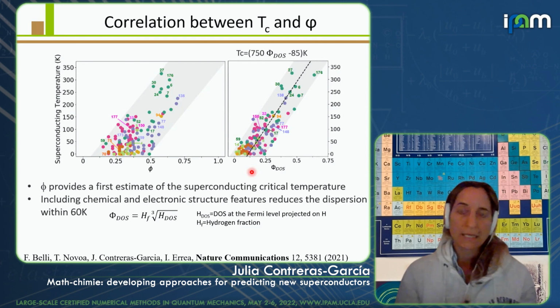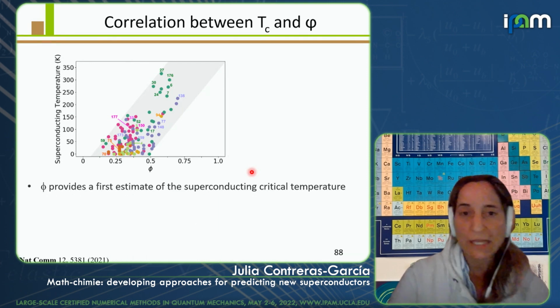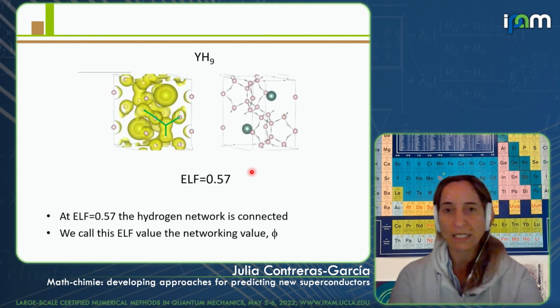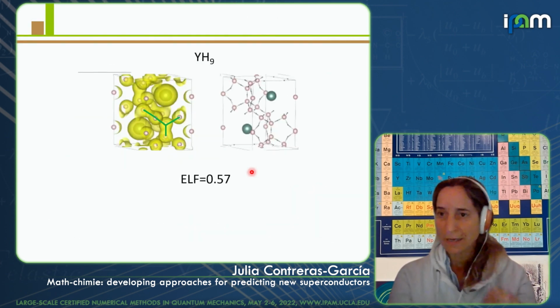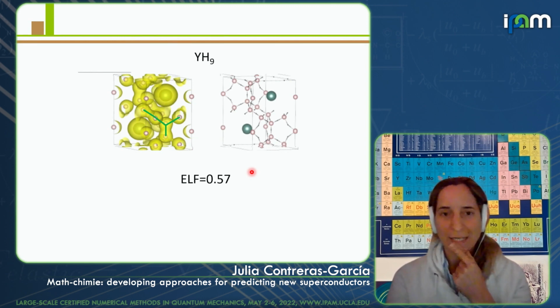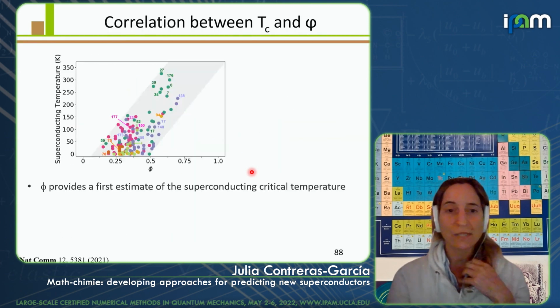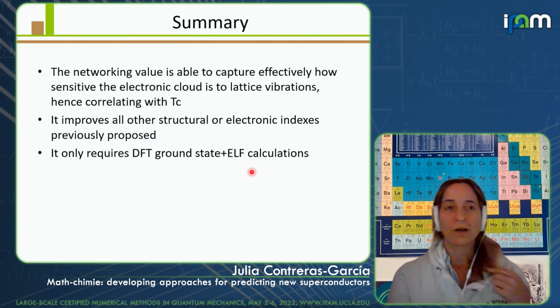So we were at this stage that actually everything that I showed you here, this finding the critical point that leads to the delocalized network value, was done by a student in the Basque Country who was extremely patient, because he did it by hand. So looking at all these isosurfaces. So that's where we start on this